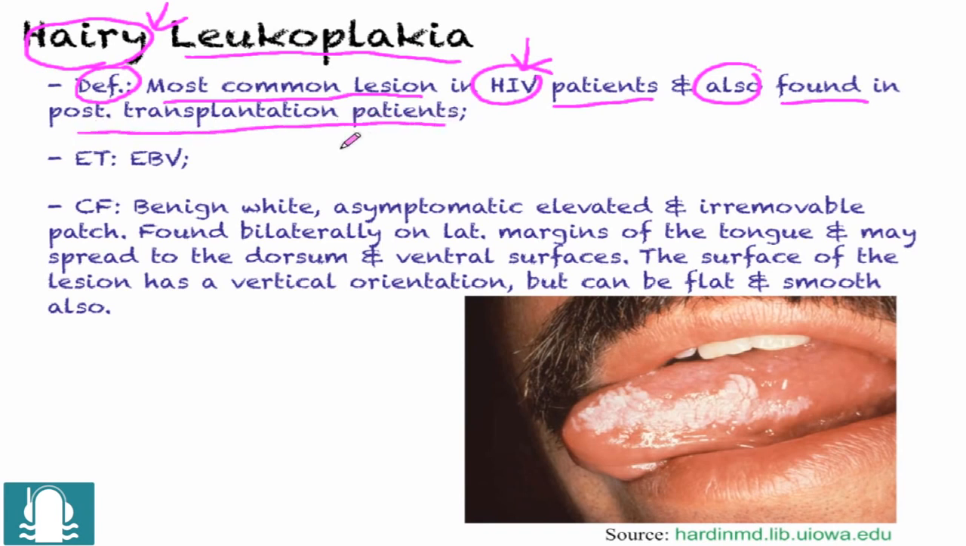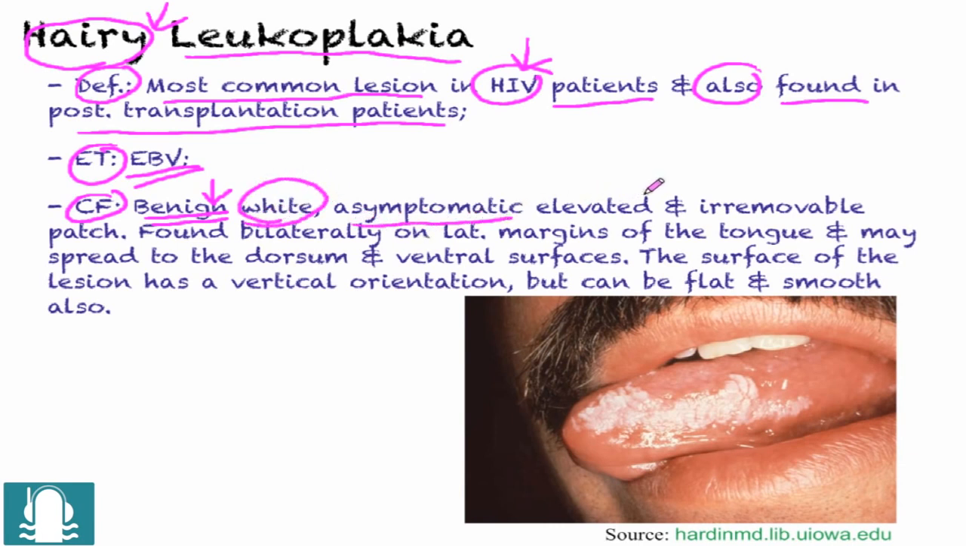post-transplantation patients. The etiology of this disease is usually the Epstein-Barr virus, EBV. The clinical feature is that it is benign. This is important because previously when we were talking about plain Leukoplakia, we did say that it was a precancerous lesion. However, this one is a benign, white,